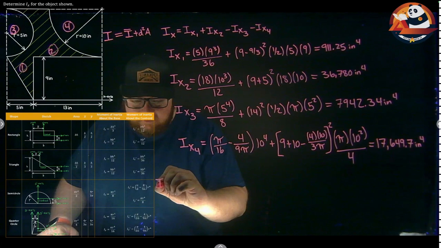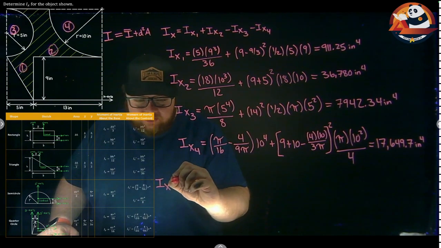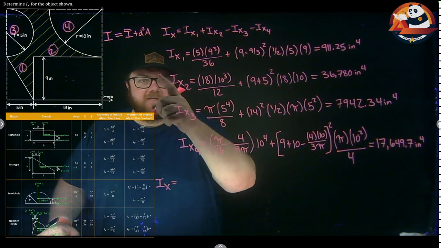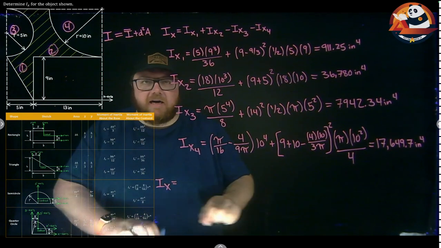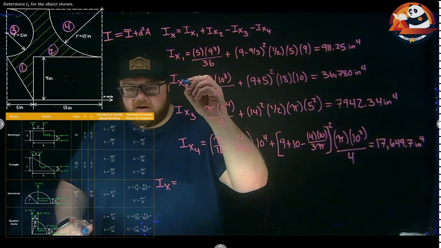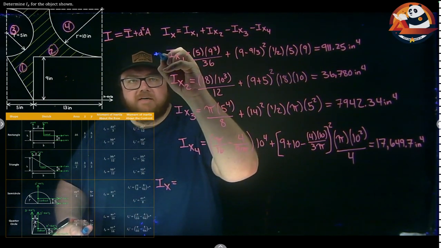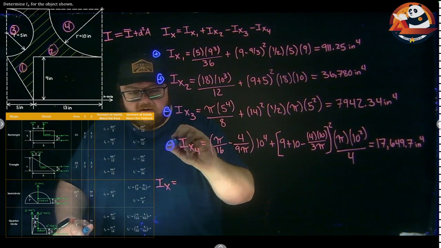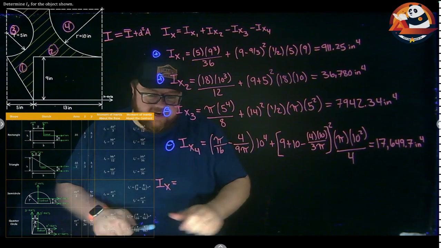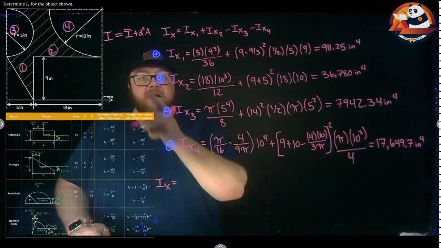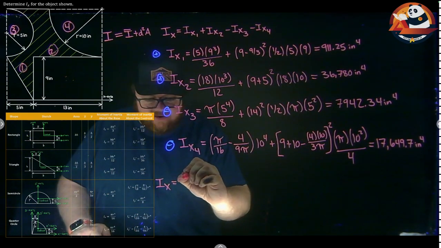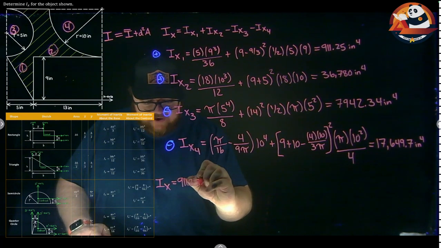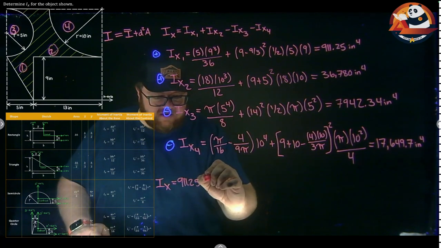Ix should be equal to, well, remember, Ix1 and 2, these are both positive ones. Could have even marked that off. This is positive, this is positive, this one's negative, that one's negative, just to help us remember that. We don't have to, though. But Ix1, positive, so 911.25,